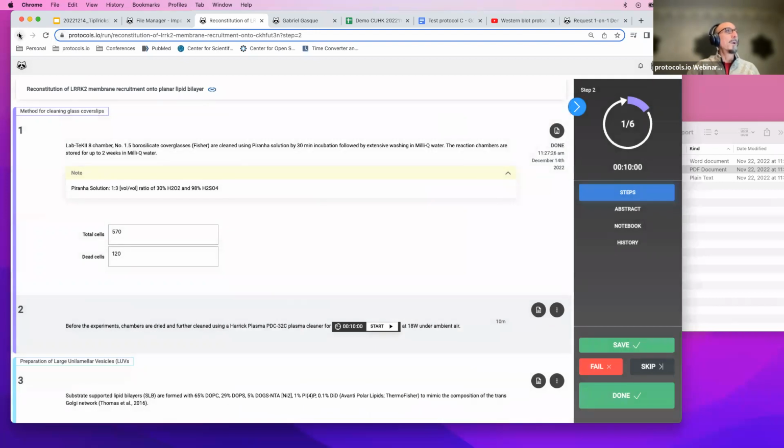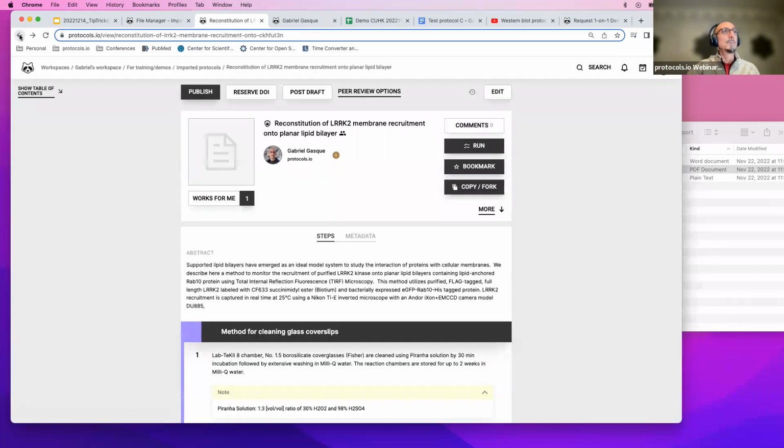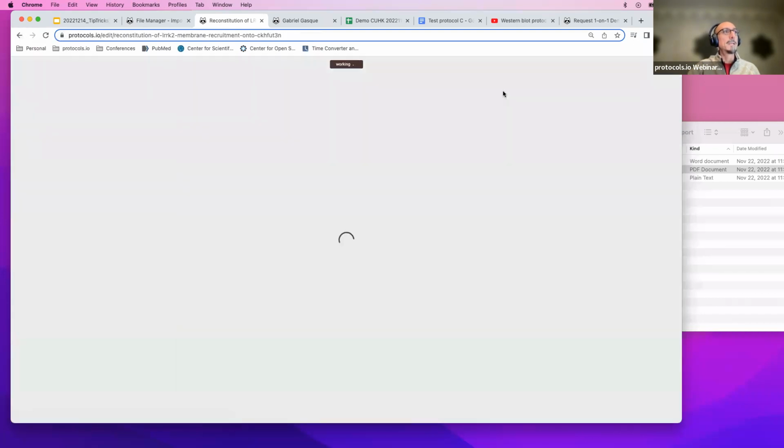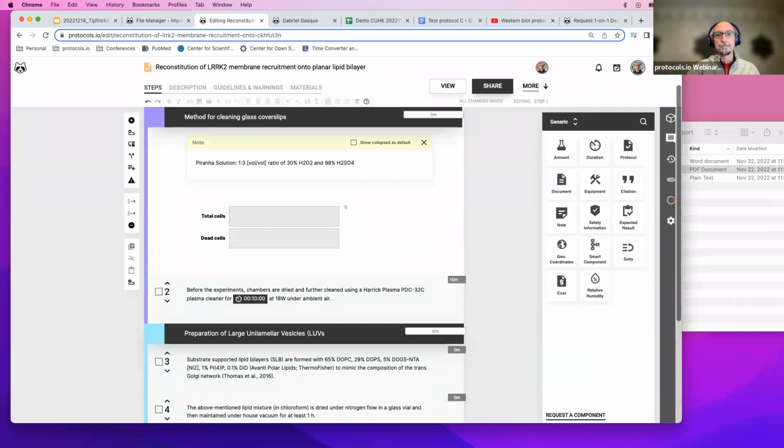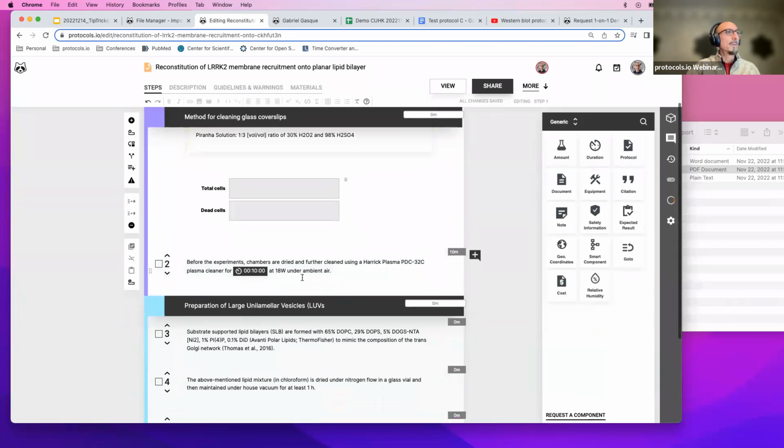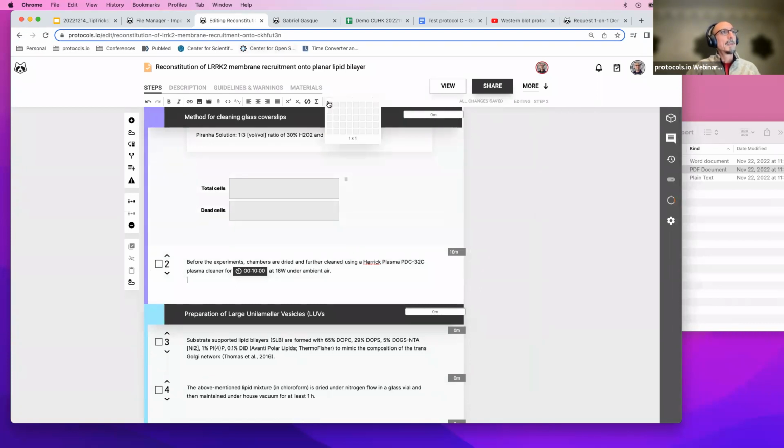A second component that I would like to show to you, I'm going back to editing the protocol, are tables. So I'm going to add a table to this step, right? So I can add a